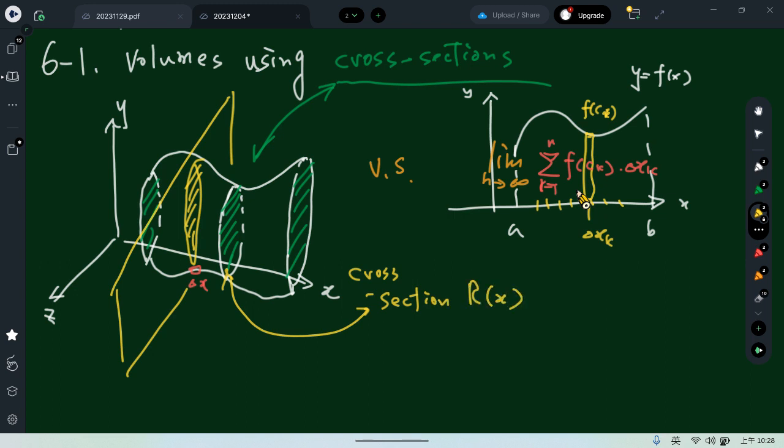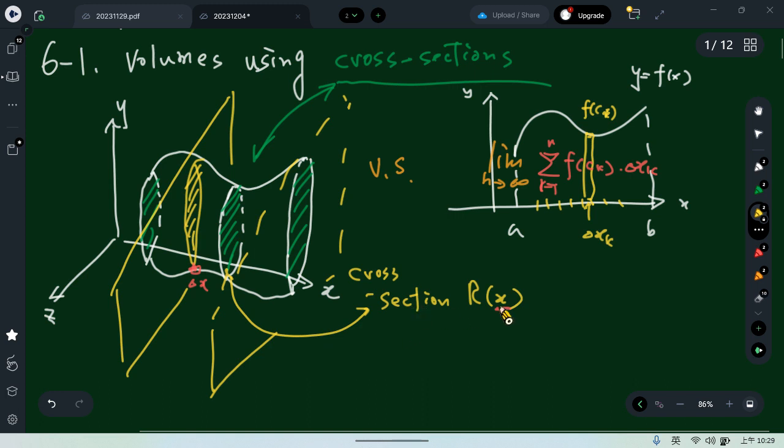R of x, right? Why x? Because you can see different x, you would use different plane to cut, right? So when I just press my plane here, you can get this plane. If I use my plane here, you can get this plane. So different x can produce different plane. Using the different plane to cut, then you can get different cross section. So that's why we say cross section R of x